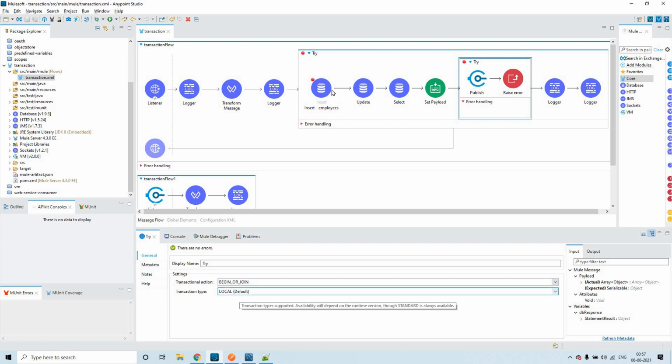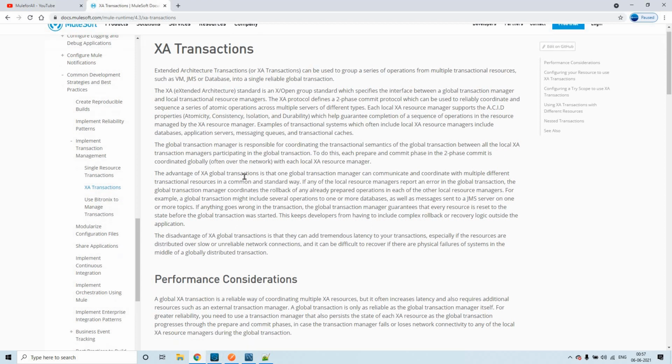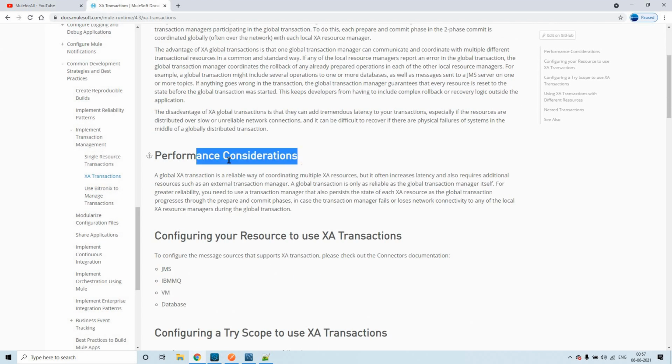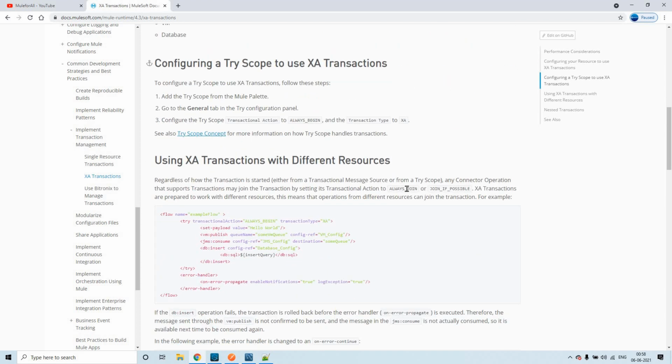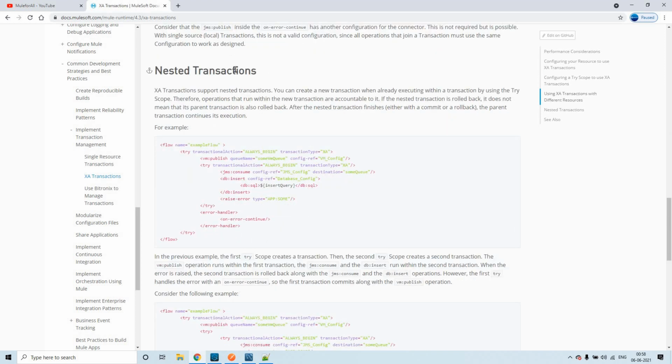We'll see this example. Regarding performance considerations, as this is more promising towards reliability, it has to take care of a lot of considerations. That is the reason performance issues will be there.